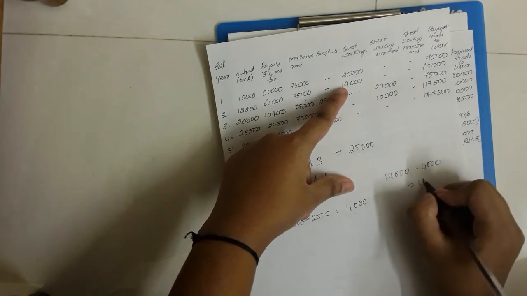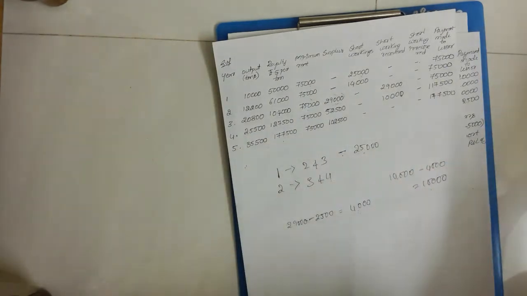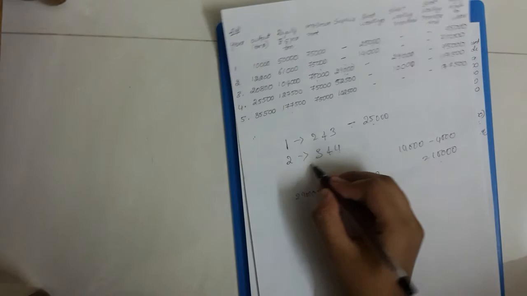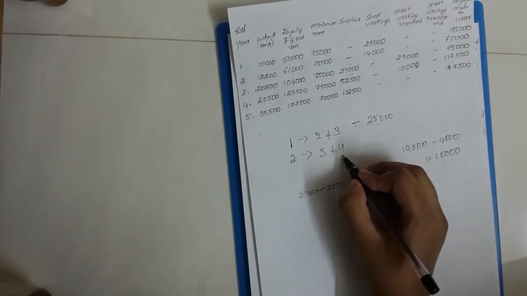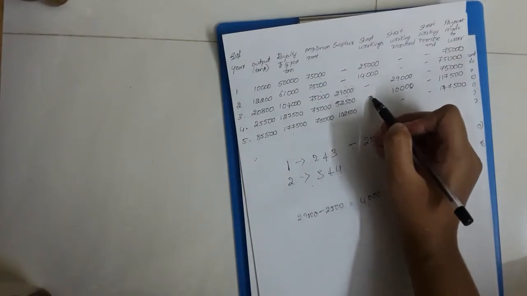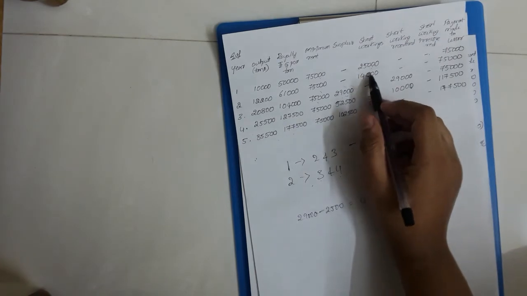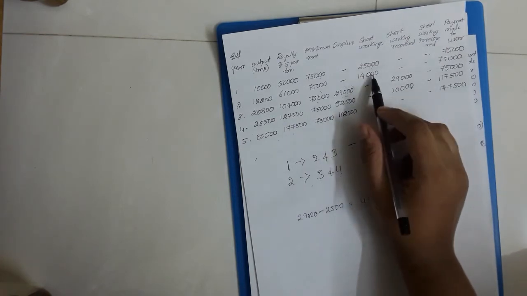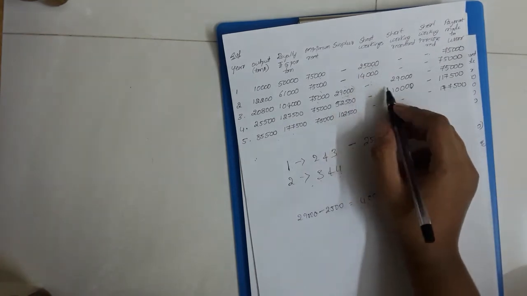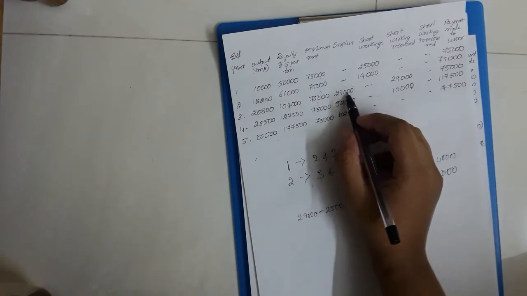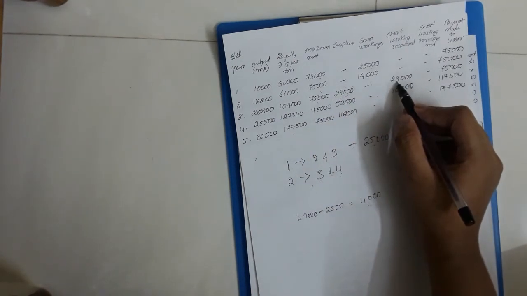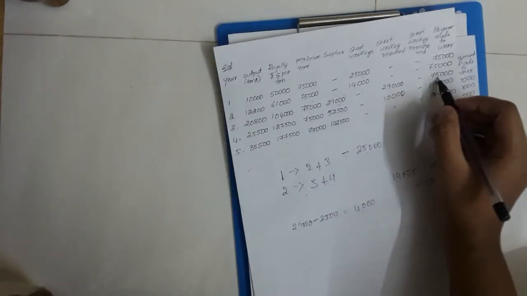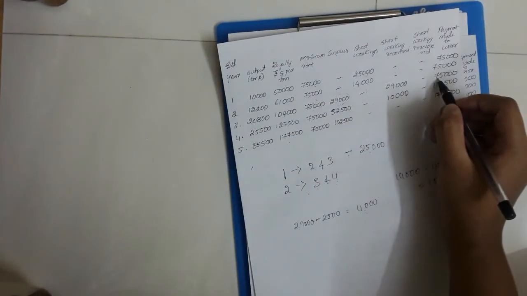So what is the remaining value? 10,000. That will be carried on to the next year, because the second year's short workings can be recovered in 3 and 4. You can recover in third year also and fourth year also, but the first year's I can't recover in the fourth year. I can recover only in second and third year. So the 29,000 has been completely used for recovering the short workings. So the amount payable is 27,000.